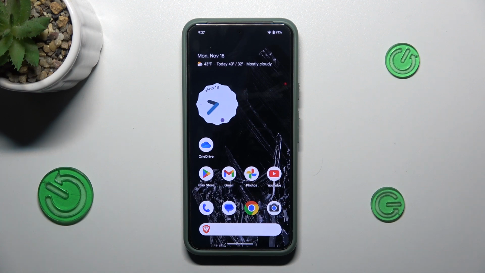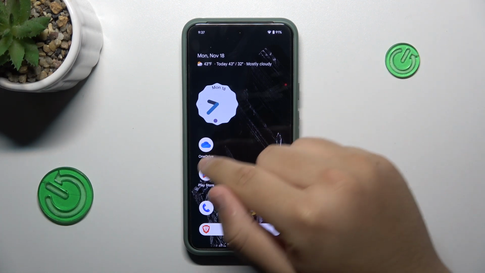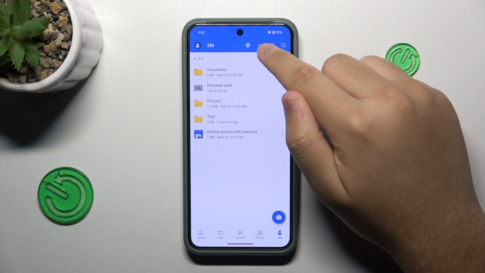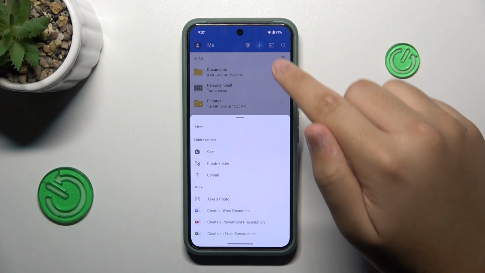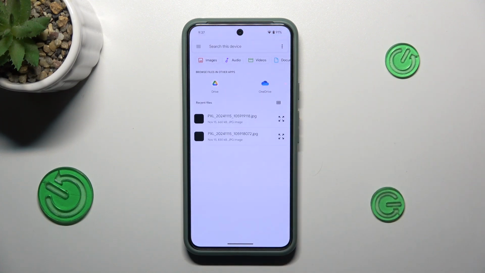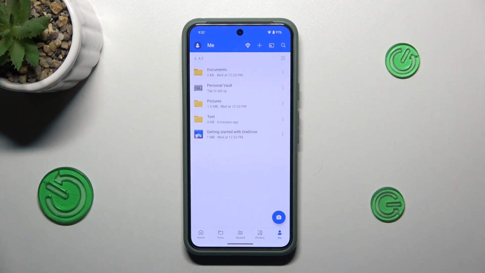So first you want to open the OneDrive app on your Android or iOS device, and then to upload a file, you want to tap the plus icon over here or upload button. Here you'll see upload, and then you can upload whatever you want. I'm gonna upload a photo,